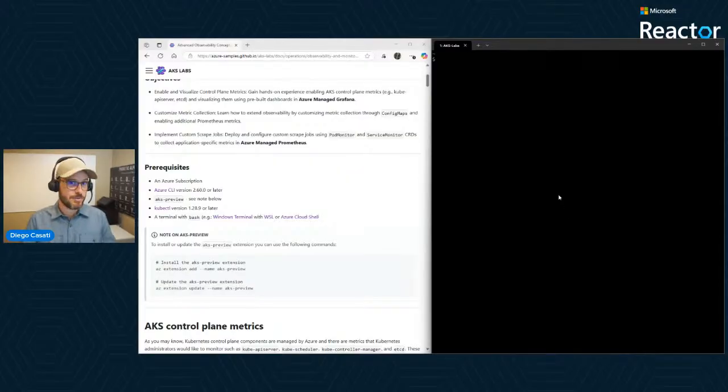What you're looking at right now is my day-to-day work machine. On one hand here, I have a terminal with bash, and that's one of the prereqs we have here. I do have Azure CLI installed. If you don't have that, you can do the same lab on Cloud Shell. If you have to go through Cloud Shell, I have a link in there. You can absolutely do that too.